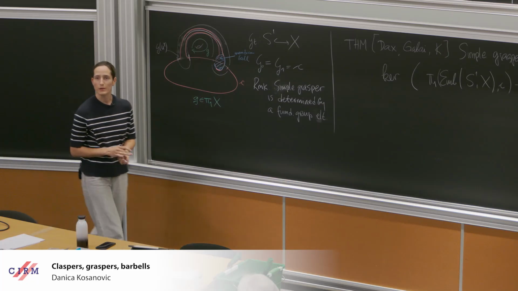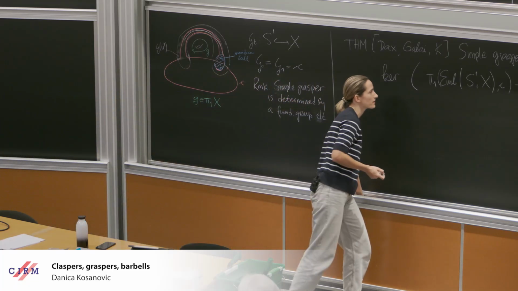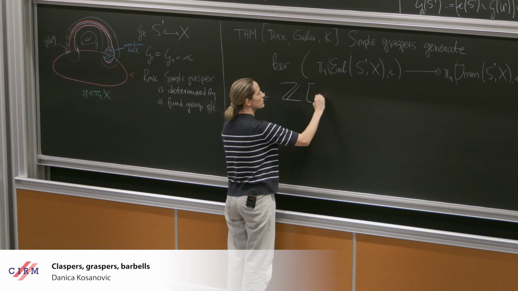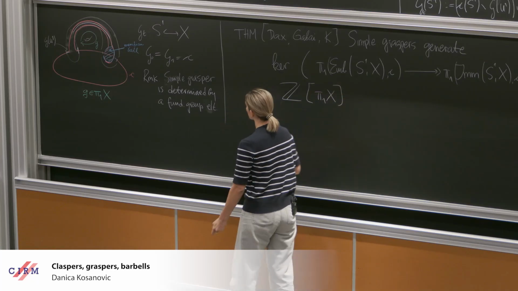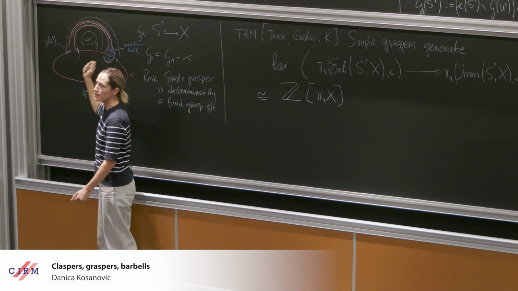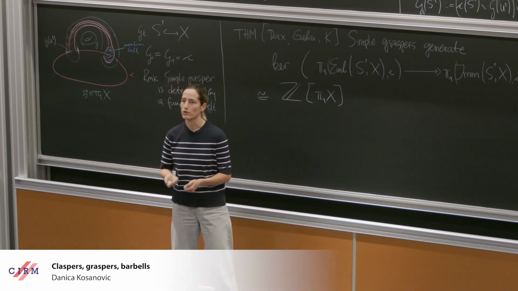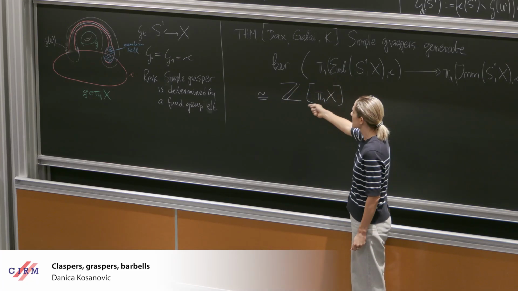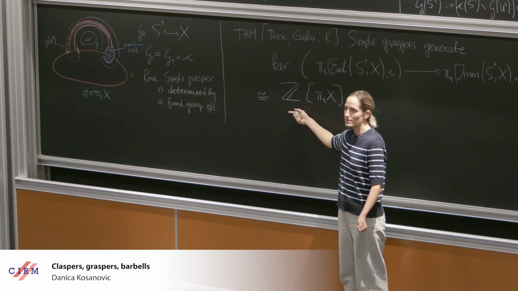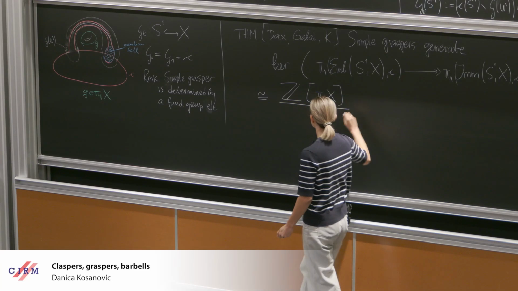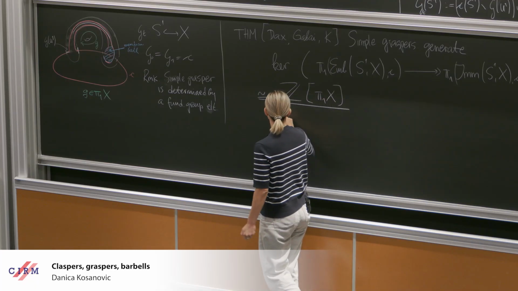And then you can wonder, okay, but what are the relations between these different things? Actually, this kernel is isomorphic to, well, you can take linear combinations of such graspers. In other words, you can concatenate things in pi1, right? I could first do a simple grasper for g1, then a simple grasper for g2, and so on. So there is a group structure on this. And actually, these things commute, it turns out. So it doesn't matter whether you first did g1 and then g2. But there are relations, and they are interesting.